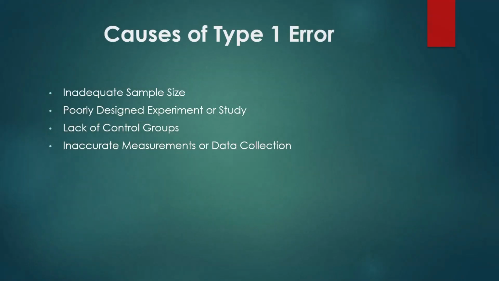There are some causes of type 1 error and type 2 error: when the sample size is small, or there is a poorly designed experimental study, then lack of control groups in our experimental study, inadequate measurement, or we have not collected the proper data. These are the major causes of type 1